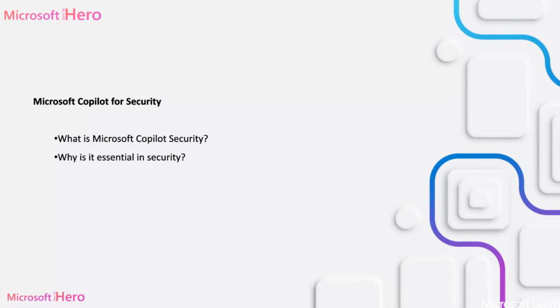You may be wondering what exactly is Microsoft Copilot for Security. Well, think of it as your AI-powered assistant designed specifically to help with security tasks. It uses AI to assist in finding potential risks, managing security issues, and even helping you respond to threats. For example, it works with Microsoft Security products, meaning it's integrated with tools you are likely already familiar with, like Microsoft Defender and other security services.